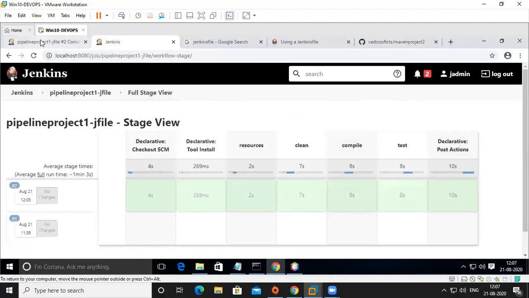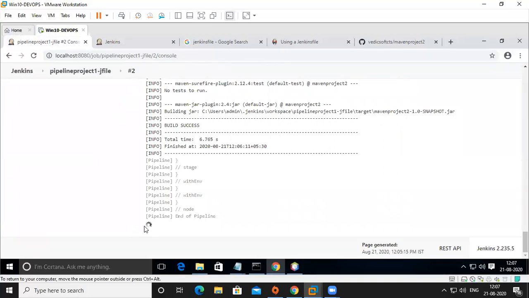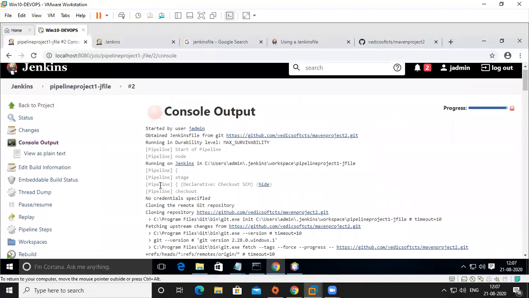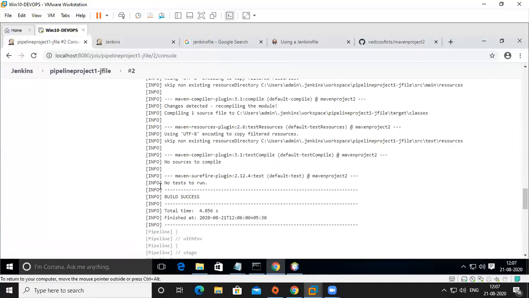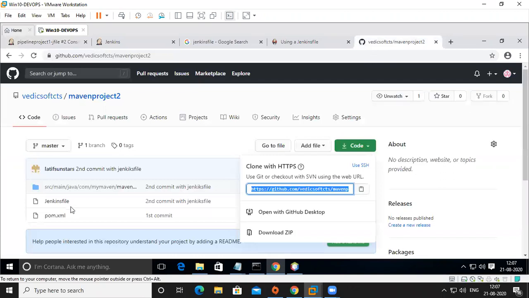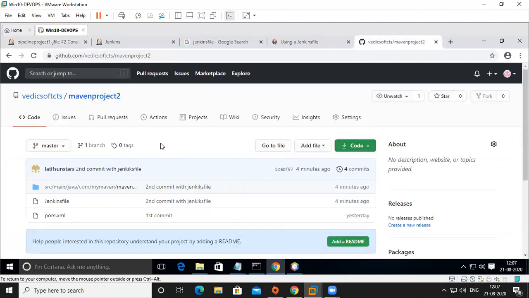Also, we are able to get it. Okay, it's showing scrolling, but it is successful. Maybe it's waiting for the final statement or end of the pipeline. Pipeline is completed. That's it. So here we should be there. You can take this code and do it directly, or you can push the configuration from here.